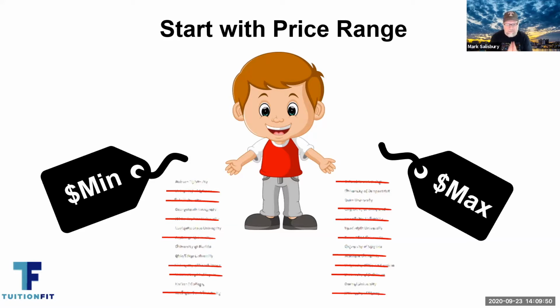Instead, if you start with price range, then you know that every school that student goes to look at, every school that you tell that student, hey, this is a school that might be a possibility for you, is an actual possibility. It's actually plausible that if the student goes through the whole process and applies to that school and gets accepted, that's still a school that they could actually enroll at and afford. And that would be a phenomenal thing to be able to give to every one of your students. Here are the schools that are in your price range. Start digging. But it's not an endless list. It's a list that you can manage.